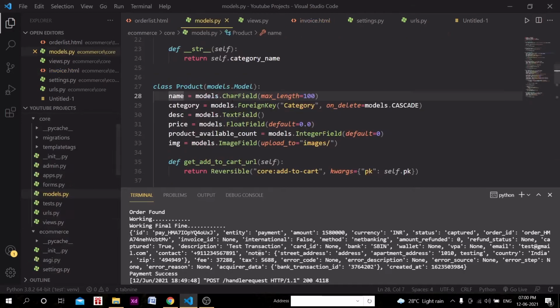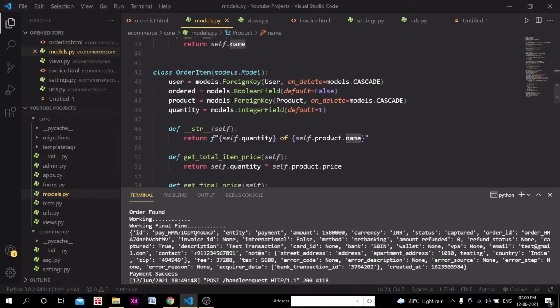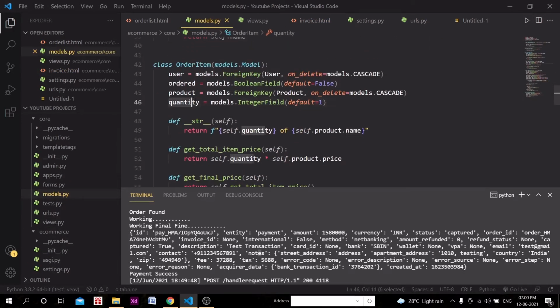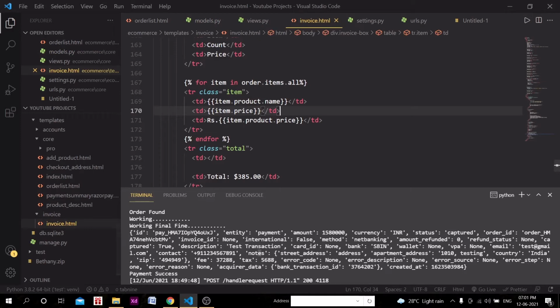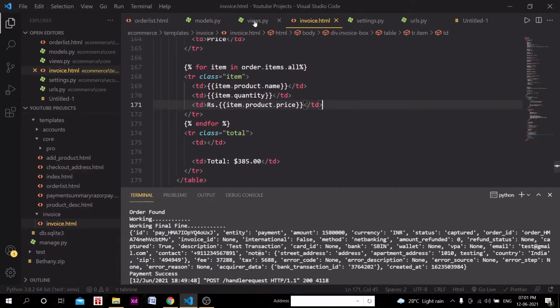Okay, so in the models.py file, in the order item object, we have quantity. So we have quantity itself, so we can call directly the quantity attribute. So item.quantity and item.product.price, this should work properly. So this is the price of one object, right? This was the price of one object.